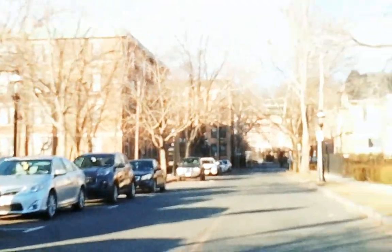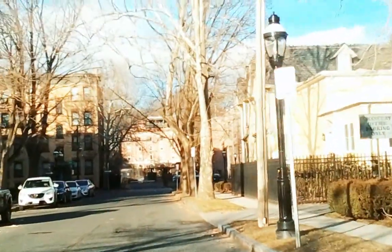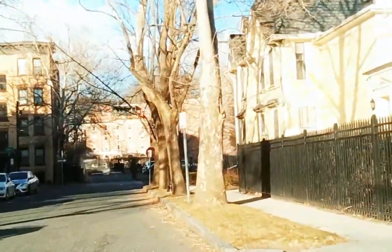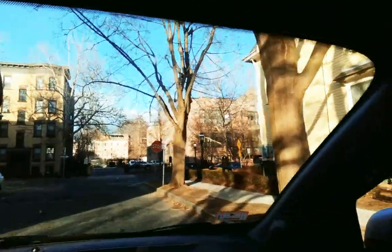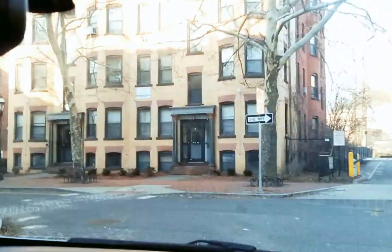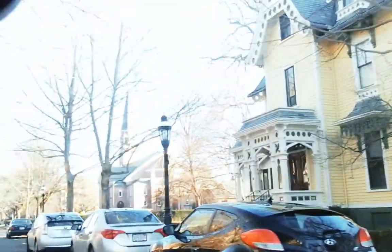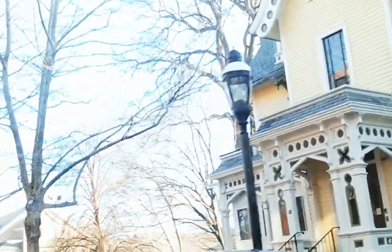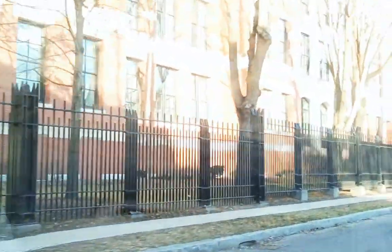We're starting on Edwards Street, and now we're coming up to the side of Springfield Diocese Chancery Office, where the bishop used to live and work. And we're coming on Elliott Street. To the left, there still is the North Congregational Church, made by Henry Hopkins Richardson. And we're passing by on the right hand side the 2 chancery offices of that bishop, and he made those. And on the immediate left of that, there's